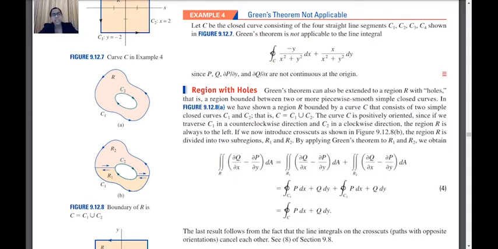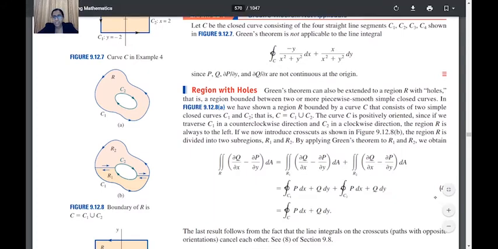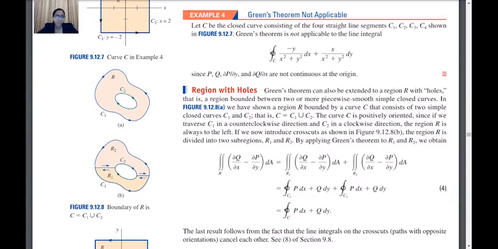So if we are asked to find the line integral over C, we can consider it as a double integral of 2 cases. If you see in equation 4, this double integral is nothing but the integral over C1 of p dx plus q dy, plus the integral over C2 of p dx plus q dy. That is, the integral over C can be considered as the sum of the integral over C1 and the integral over C2. And in C1 and C2, the corresponding p, q, r and all are continuous,